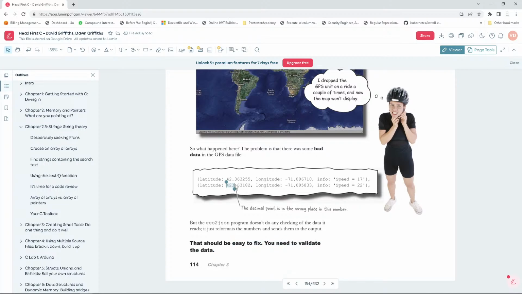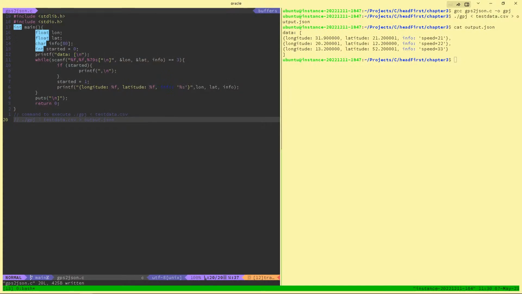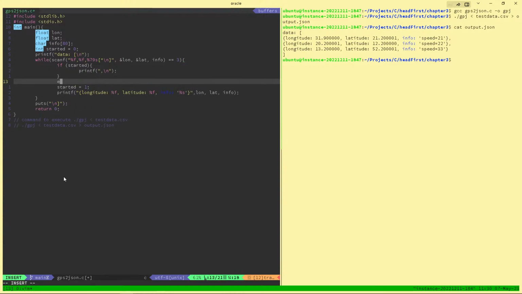For example, if someone has input some incorrect longitude and latitude, if the latitude is less than -90 or greater than 90, then error with the status 2. If longitude is greater than 180 or less than -180, let me move it here so that I can read it and print it here. So now what they are saying is,